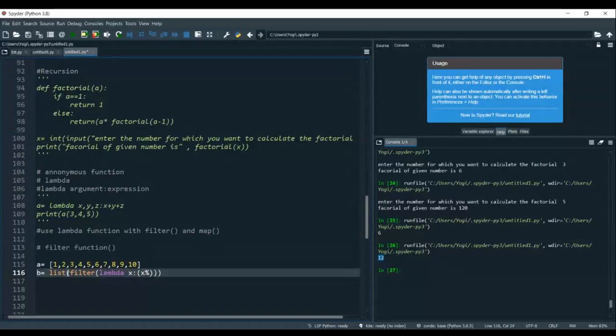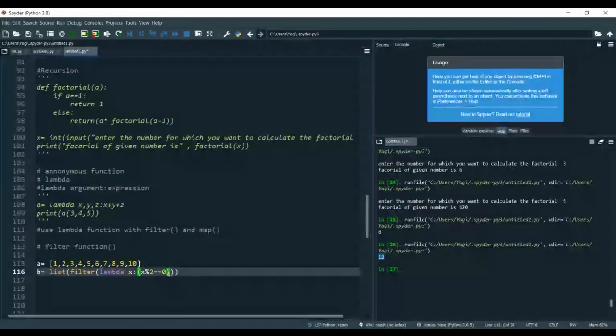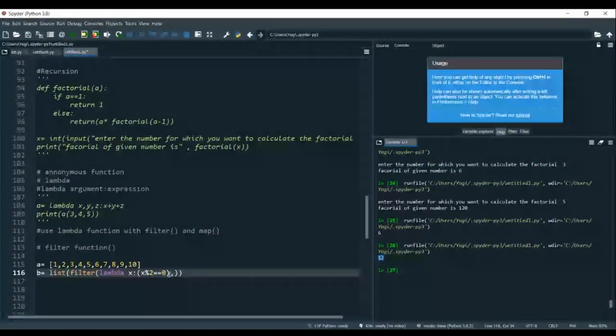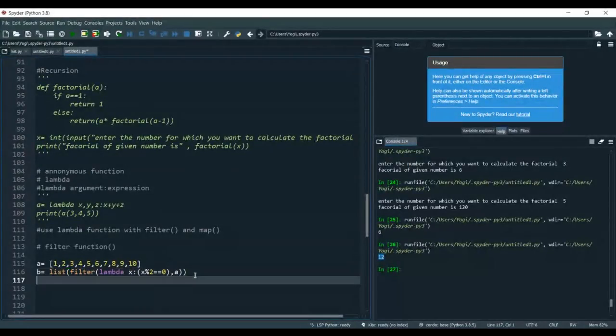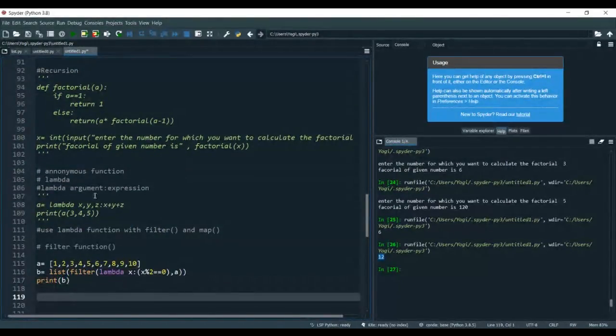How can we find out the even numbers? x % 2 == 0, right? Then comma, from where do I want to filter? From list A. After that, just do print B. If I run this, I'll get a list of even numbers.